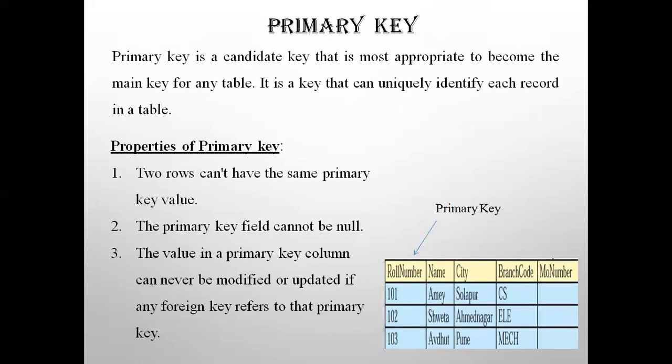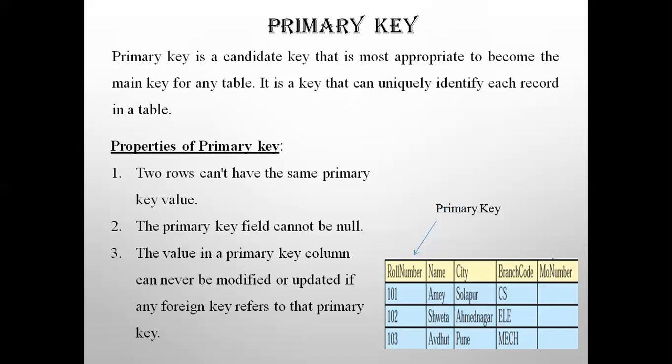So this part is the primary key. It is a column or a group of columns in a table that uniquely identify every row in that table. Or it can be the attribute used to uniquely identify the tuples in a relationship. That is called the primary key of that relation. The primary key can't be a duplicate. That means the same value can't appear more than once in the table. And a table cannot have more than one primary key.